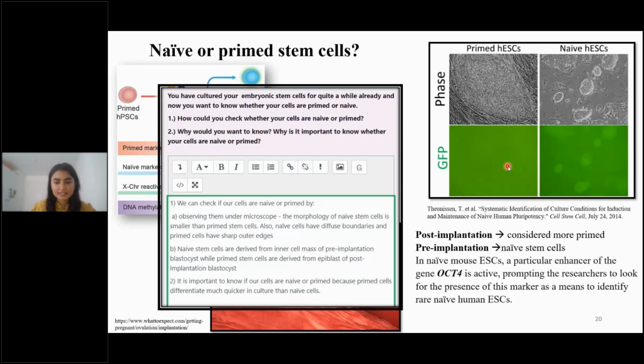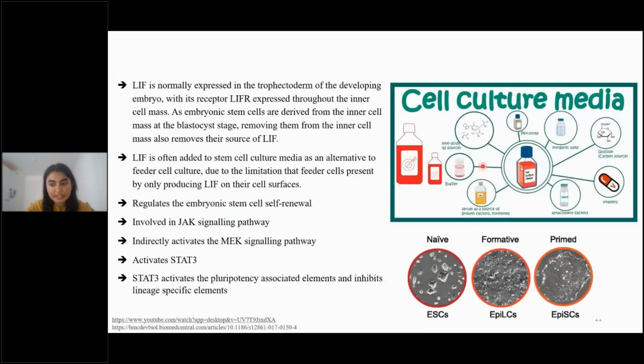Yeah, so we have this LIF, which I said. So this is like a normal cell culture media. What we need is attachment factors. Now what are these? When we put cells into the plate, we need the cells to attach to the bottom, right? So these are the attachment factors. Cells have the tendency to go down to the plate and attach. When we see a mammalian cell culture plate, you can literally see a layer of cells at the bottom.